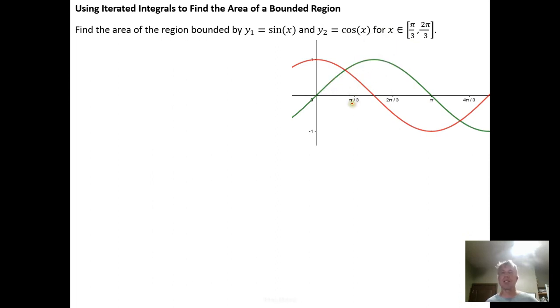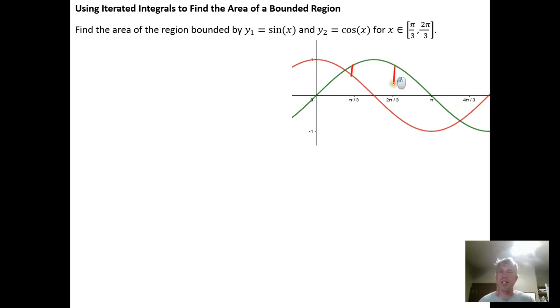And what we can see is that on the x interval from pi over 3 to 2 pi over 3, the sine function is always above the cosine function. We want to find the area of this region right here. So what we want to notice is